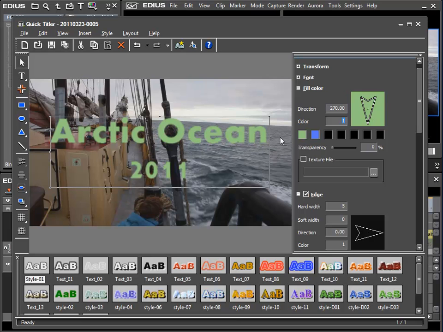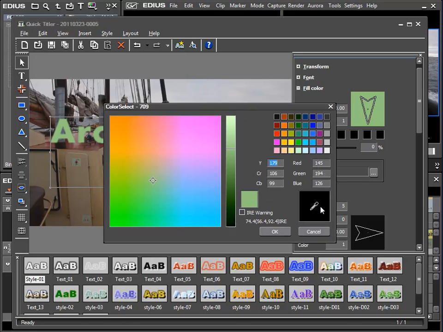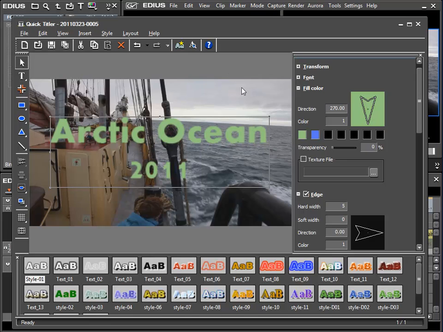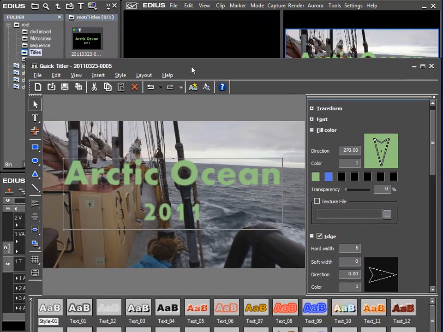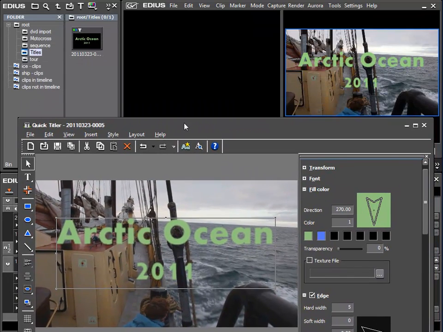I can also select a color directly from my video image. To do this, I once again go into my color choice field, and here I can see this pipette symbol. If I click on it, then we can assume that I can select a color from anywhere. This is, however, not entirely correct, as from this image, the color choice field doesn't allow me to do so. To be able to do this, I have to leave it for the minute. I will move my quick titler window a little bit towards the bottom so that my Edius preview is more